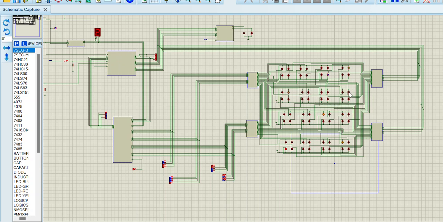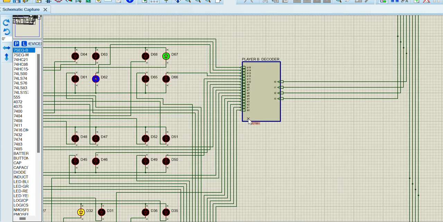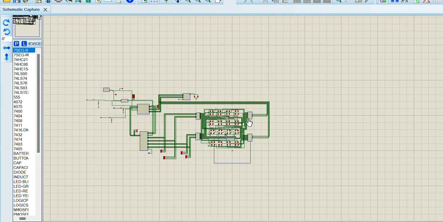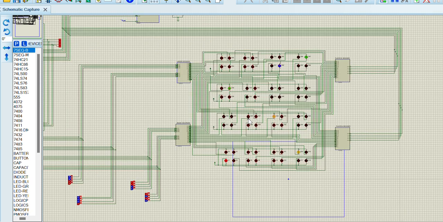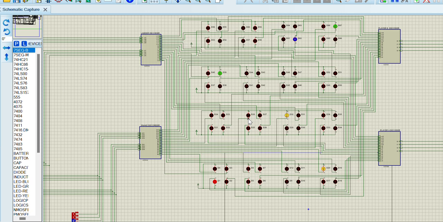This is Possible Team presenting our game Snake and Ladder. Now the game